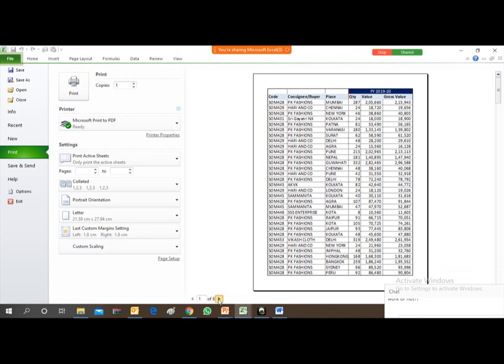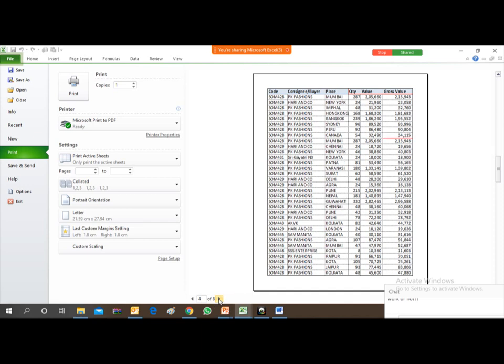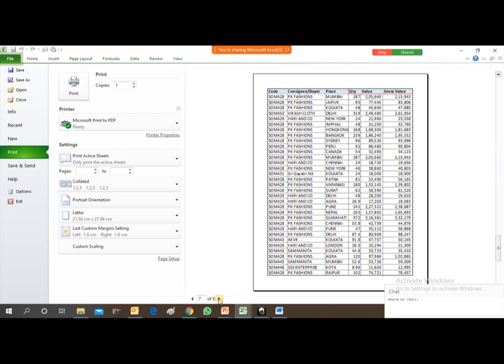On page number 2, the first line, this SO 428 and PK Fashion Mumbai, and the name of the place. These two rows are appearing on each and every page. Now come to the third page. You see again this PK Fashion Mumbai SO 428 is appearing on the third page also. But below this, each and every row changes as per the print selection area. So friends, hope this is clear now.